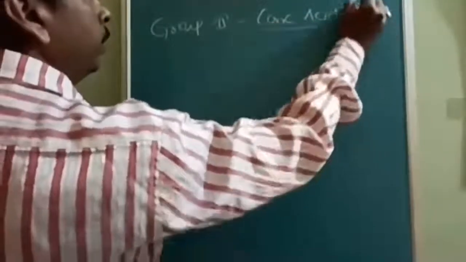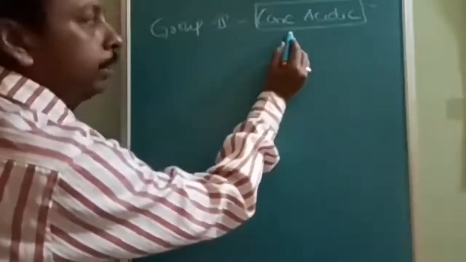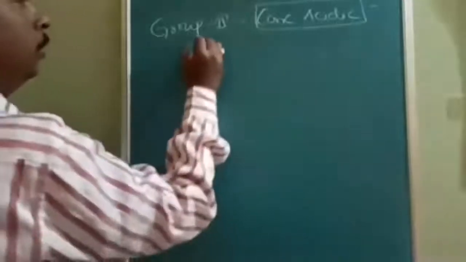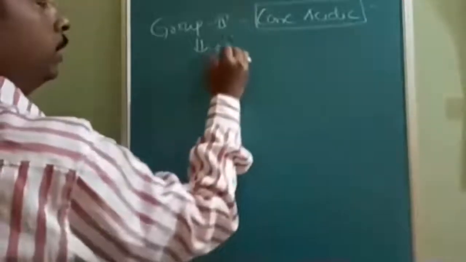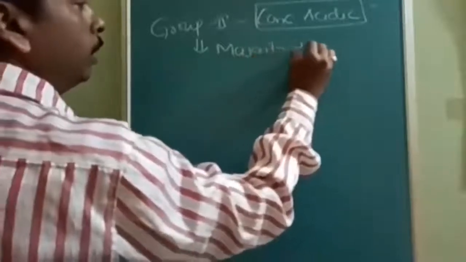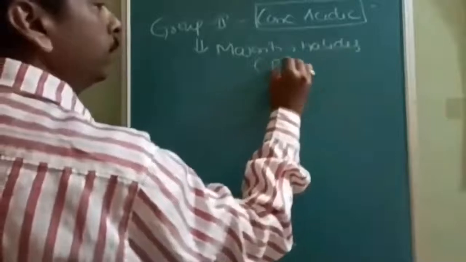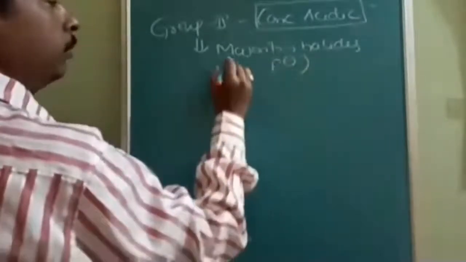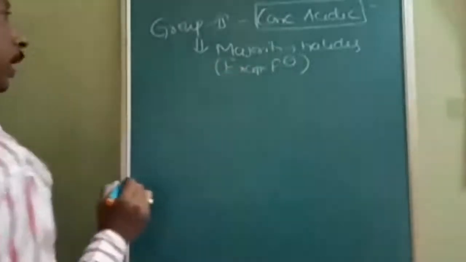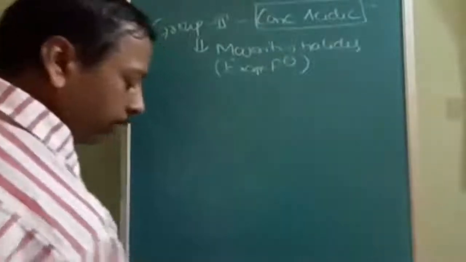Because after trying with the dilute acidic radical, they are not detected, then we will increase the concentration. And group 2, the majority of group 2 are halides. What are they? Halides. The main one is absent except F minus. Most of the halides belong to group 2 only. So we will start one by one.